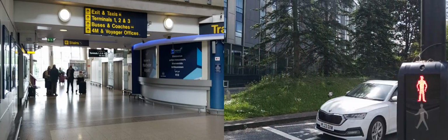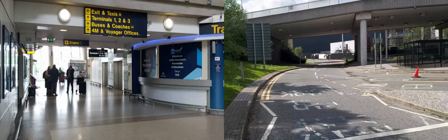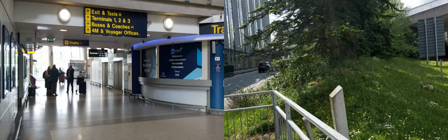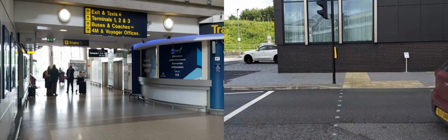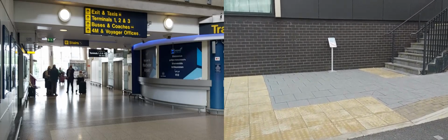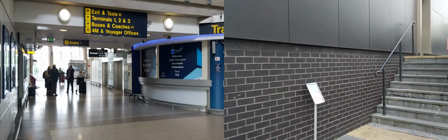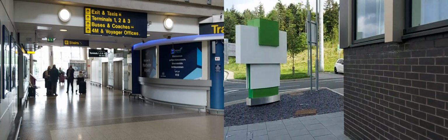This is where we need to cross. I'm not going to press the button because it just wastes time for the drivers, and it's pretty safe. There's hardly any traffic down this end, so this is another reason you're better off coming this way. So I'll just wait for the traffic to pass, which is this one here, and continue. Okay, so we're basically at the buildings right now. If you wanted to be naughty, you could enter through that door and pass through the building, but the best way is